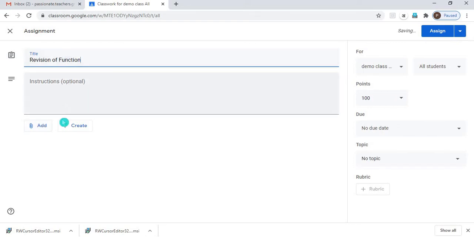So here you can say add, and you can add the link of the file, or you can add the file as an attachment, or you can enter any video link of YouTube if you want to ask an assignment based on that, or if you have anything uploaded on your Google Drive, you can directly attach it here, right? Or you can create a link of that and then post it here.